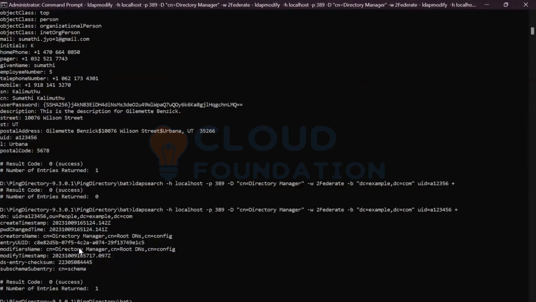But anybody can update it other than the directory manager? No, I mean the person who has the high privileges. Not all people can modify it, only the super user account, because during the installation you created the admin account for that, right? That's why. This is how we can do the LDAP search operation,